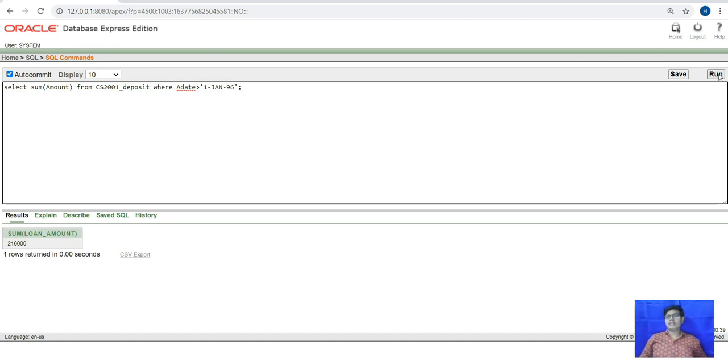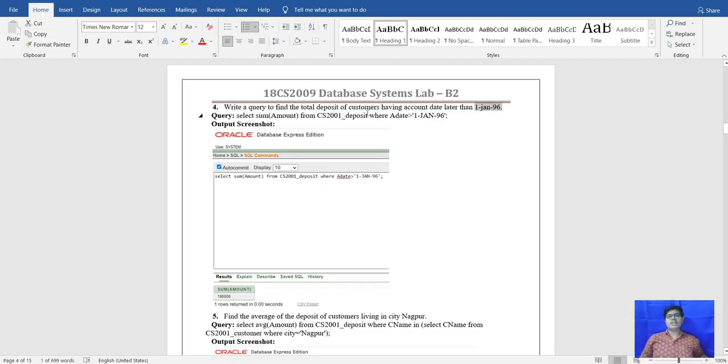When we run this, we get the total sum of amount for account dates after 1 January 96.